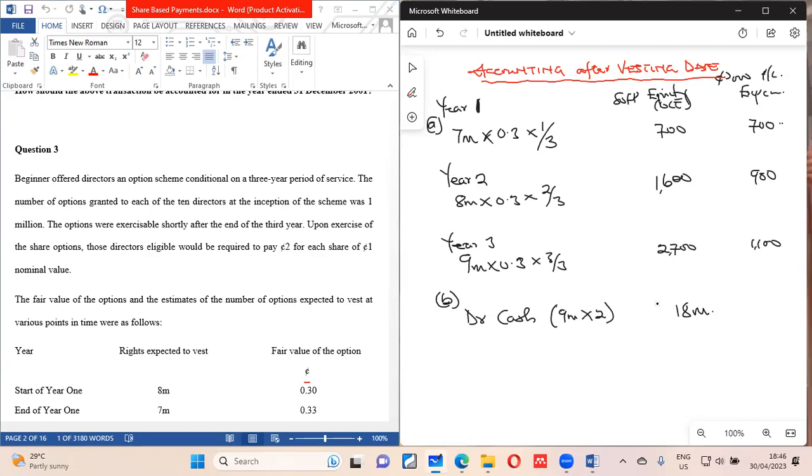Okay. In any case, we should not forget that we already have this amount in our OCE. This amount that you see here is an amount that has been provided in our OCE, which they are buying into what we call stated capital. This one is seated in our OCE and not in our stated capital.